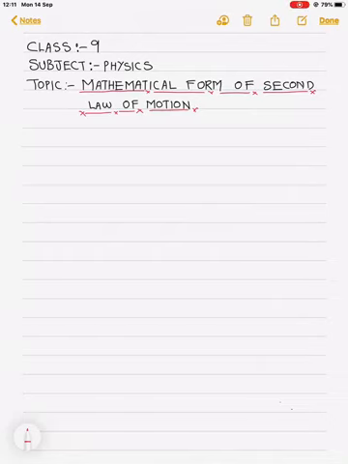Class 9 Subject Physics. Topic: Mathematical form of second law of motion. To derive this expression for the mathematical form of second law, first we need to consider. Let us consider